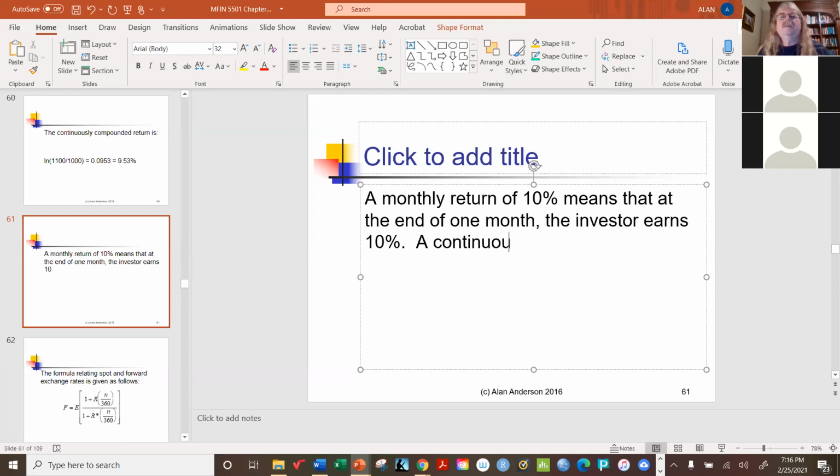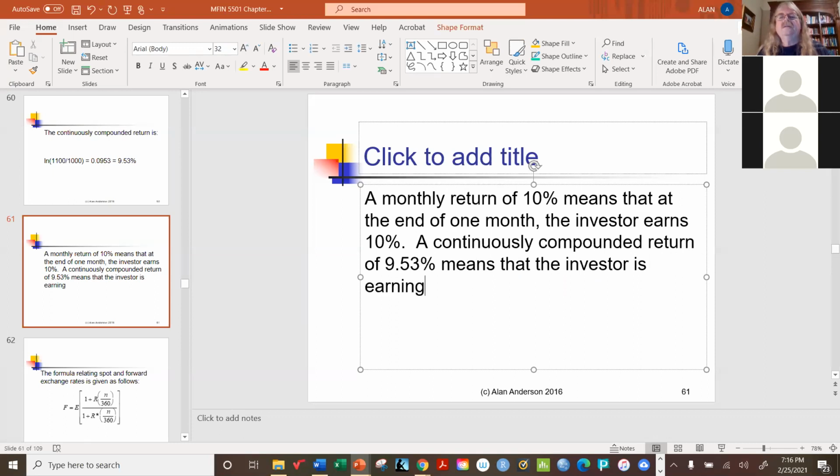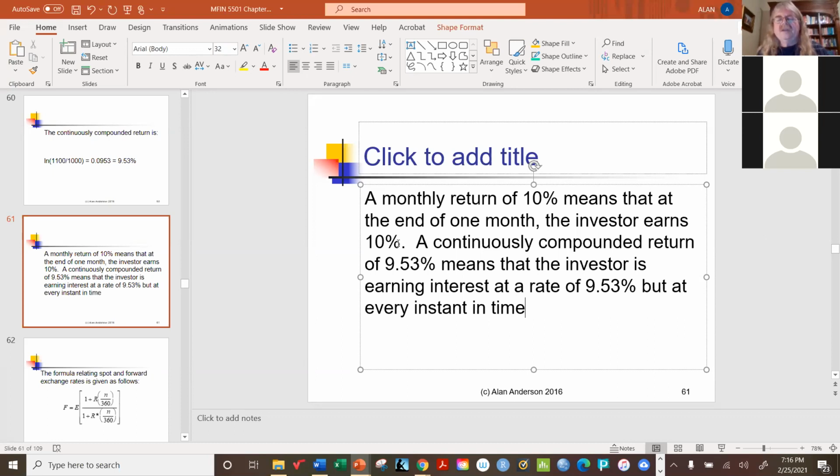A continuously compounded return of 9.53% means that the investor is earning interest at a rate of 9.53%, but on a continuous basis, meaning at every instant in time, they're receiving a proportional share of this 9.53%, so that at the end of 1 month,